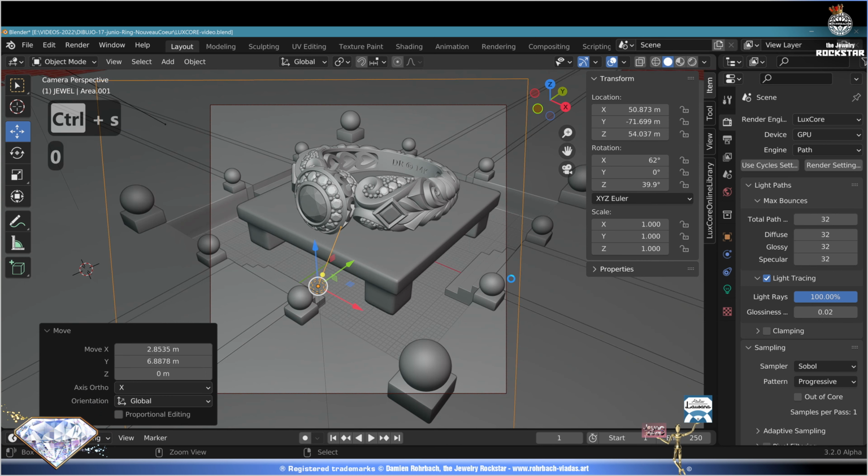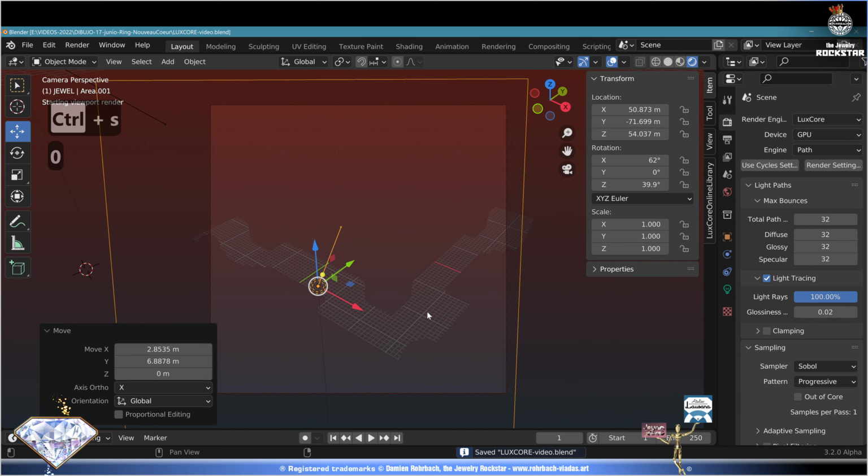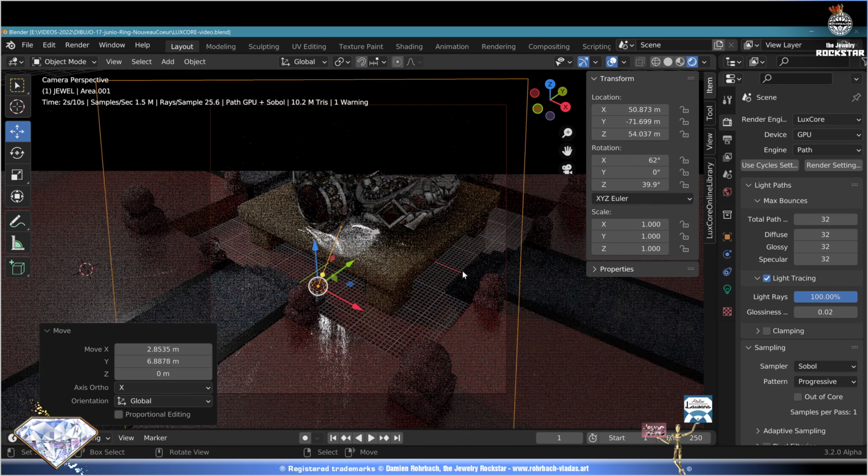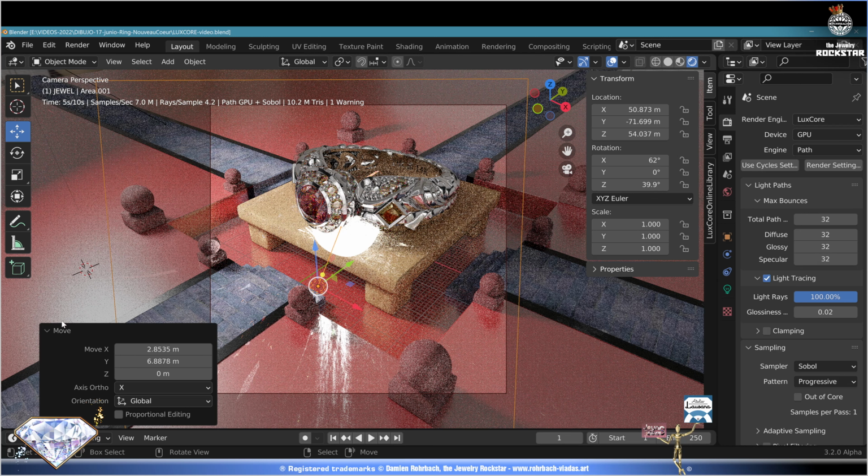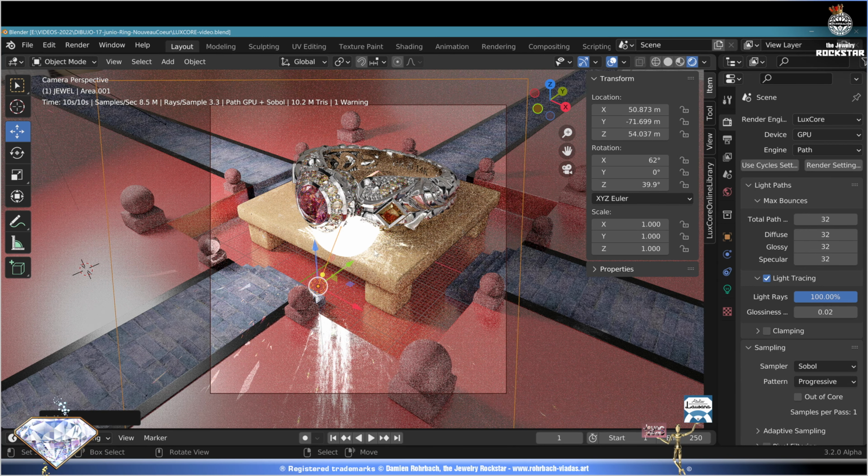So obviously now it's going to be a bit slower because LUXCORE calculates the caustics live in the render preview in the viewport, and you're going to see that it's not even that slow. See, so now obviously what's going on, this huge white circle is the light, the spotlight, let's say the laser light. So it's a very strong light. So the thing is, I need to find